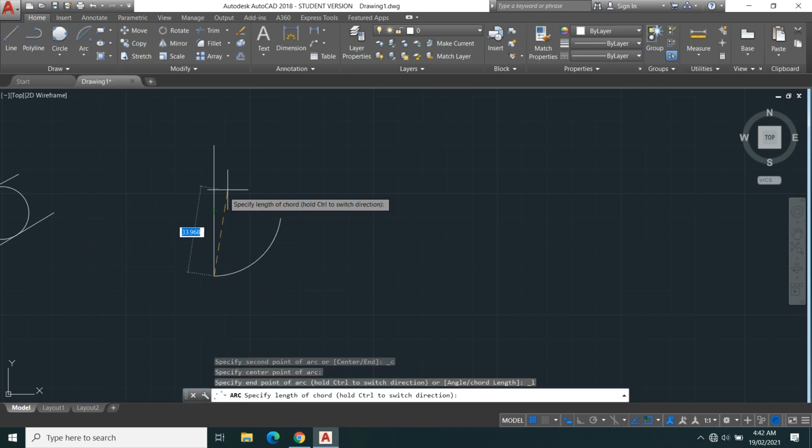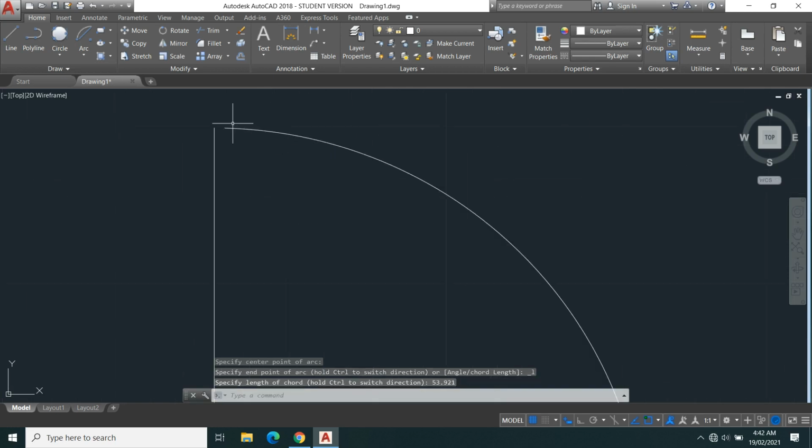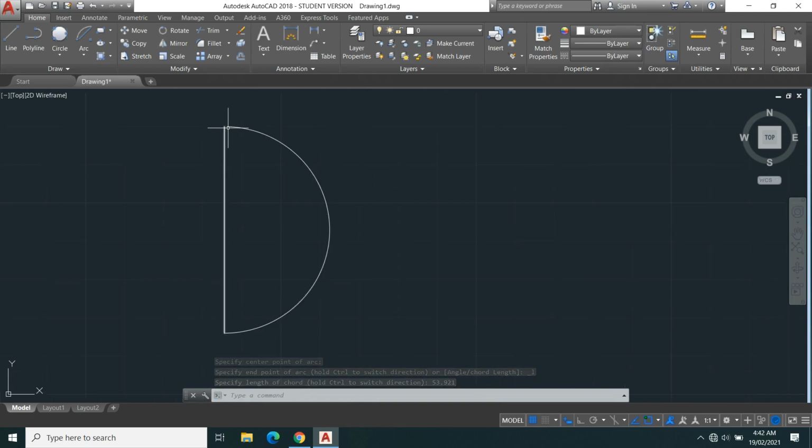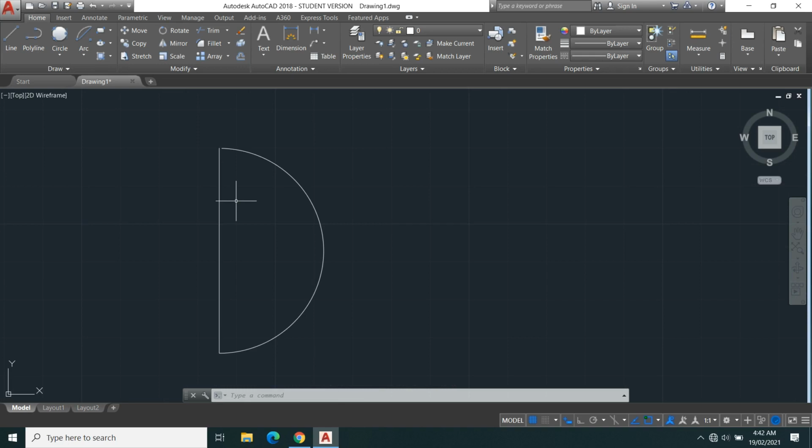That's center there. 53.921. Can you see that? Okay, I didn't get the whole length. That's why I didn't get it. So that's that. Then I have